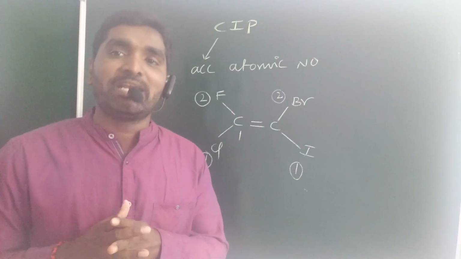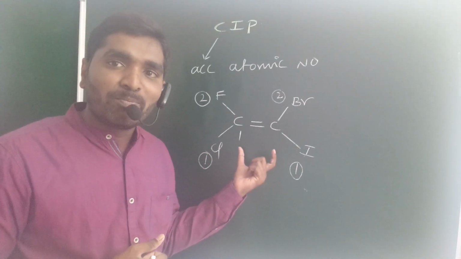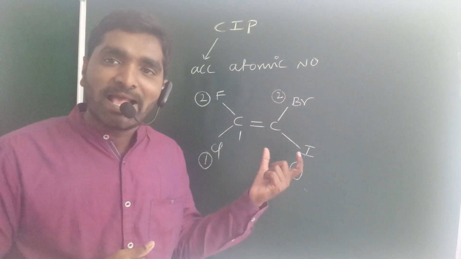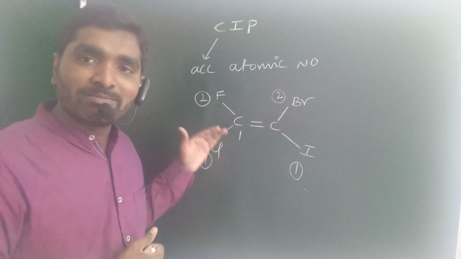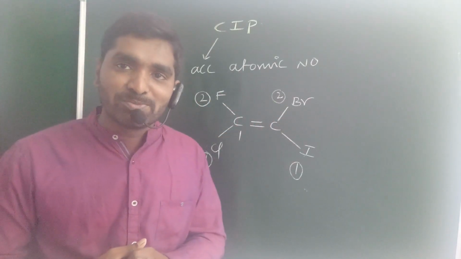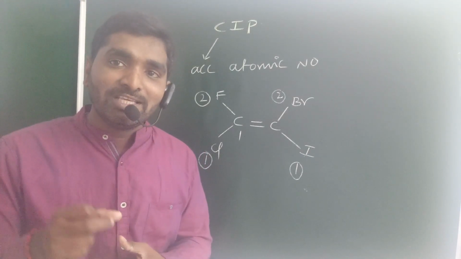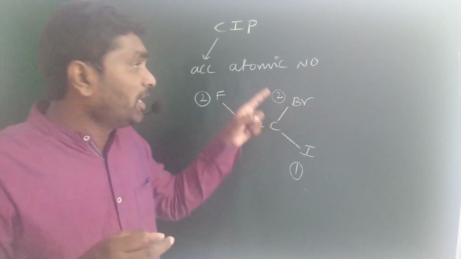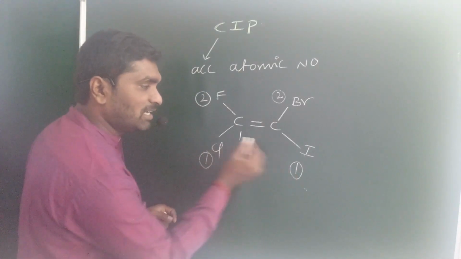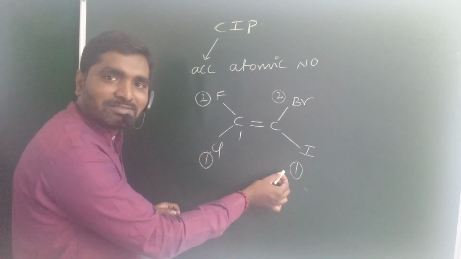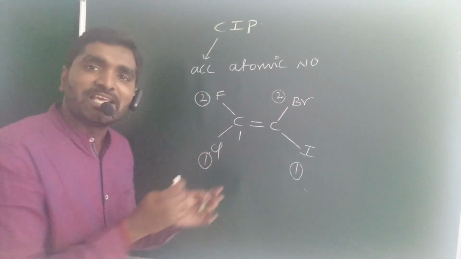This is very important, even in EZ nomenclature. Double bonded compounds may participate in cis-trans isomerism or EZ isomerism. When you have four different atoms, cis-trans isomerism is not possible. By that time, EZ nomenclature is possible. But even for EZ nomenclature, you need CIP rules. Look at this one. The priority 2 atoms are present on the same side, and the priority 1 atoms are present on the same side.